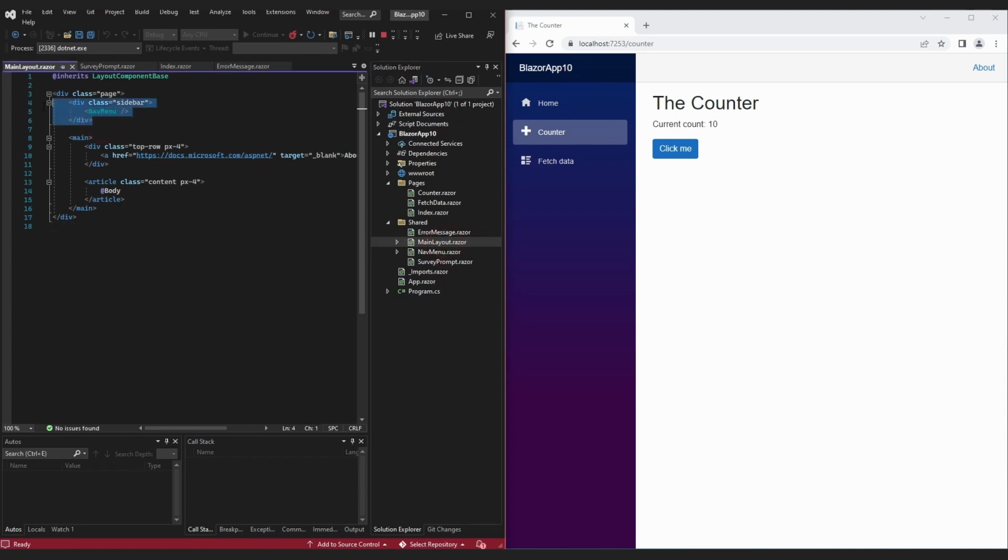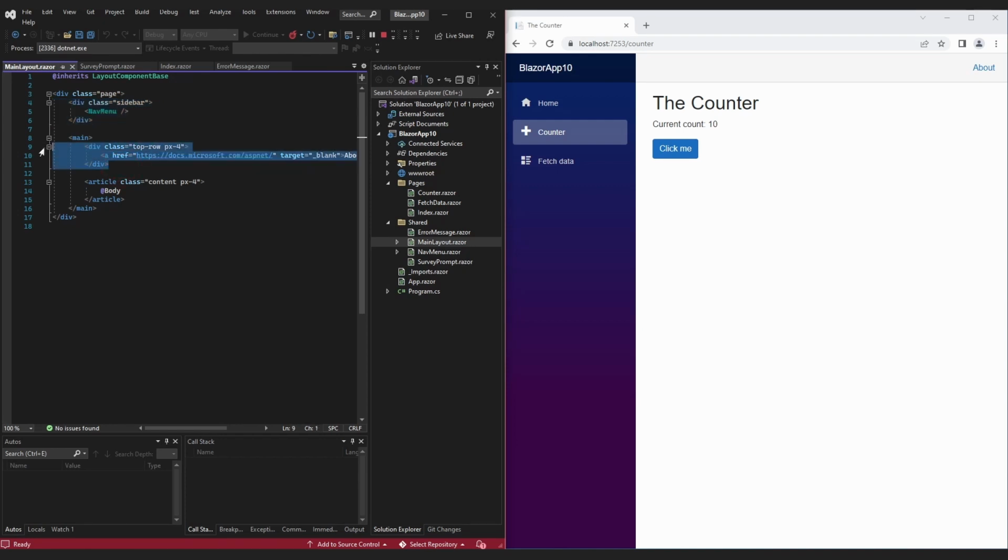On lines 4 through 6, we've got the HTML tags for the navigation menu here. And you can see that since the nav menu component here is highlighted in green, that is actually a Razor component, just like the error message.razor component we created. And that can be seen here in the navmenu.razor file, which we'll have a look at in a minute.